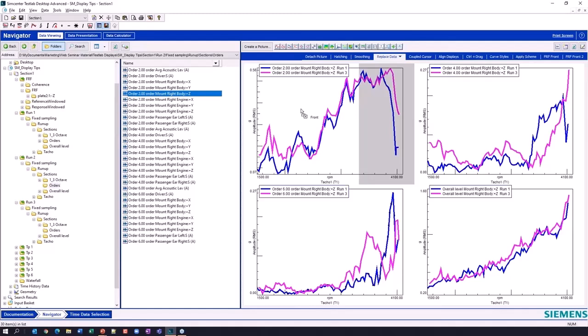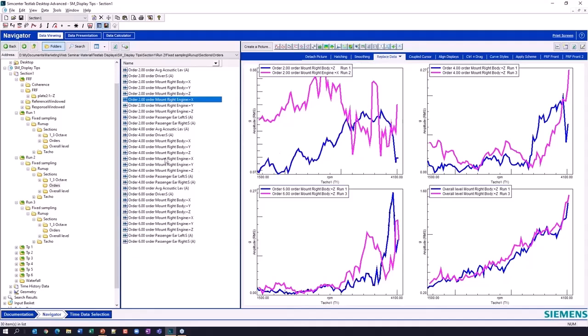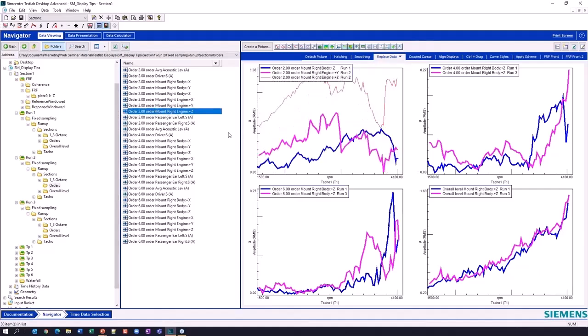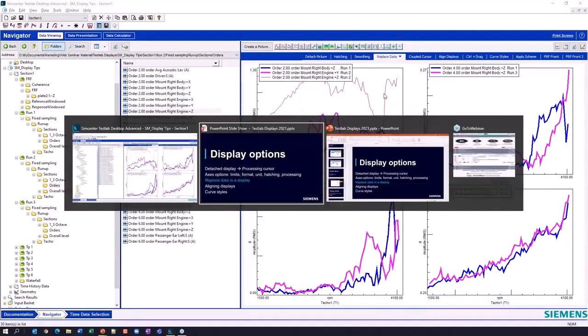But if I want to replace one of the 2, blue or the magenta that I've got here, all I have to do is just come up to the legend. And you notice now it's highlighting just one of those 2. Now I'm going to replace that guy, and so now you see it's run 2 in the magenta. I can do that with any piece of data. Obviously, it's a totally different location, and so the data is much, much less similar. But if I've got mostly what I want, I just want to replace 1 trace versus adding a third trace, which is what I do if I drop it in the main display area. So that is replace data.